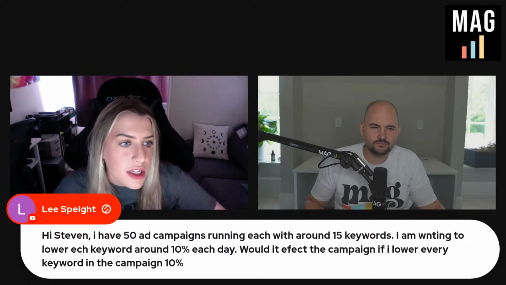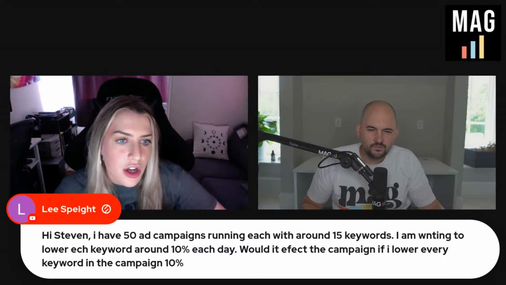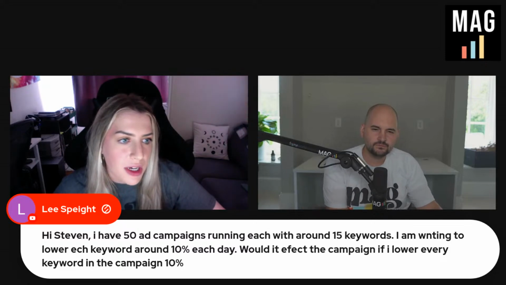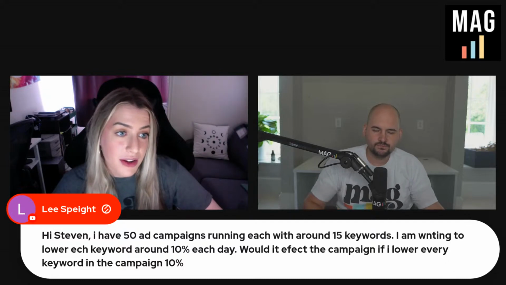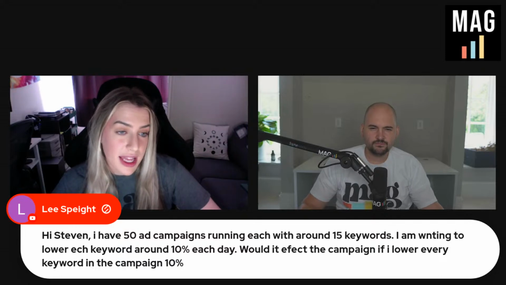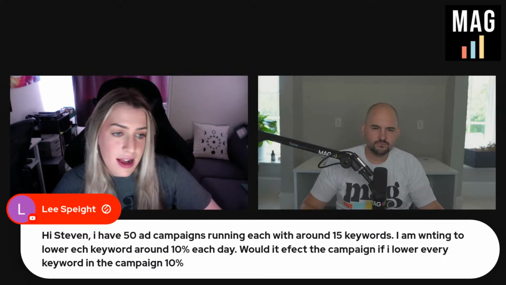So it would affect the overall campaign if you lower every keyword 10%. Yes, absolutely. If you're keeping the budget the same, it might make your ACoS lower if you're reducing your bids on the keywords within those campaigns. But it might be kind of artificial sometimes too.